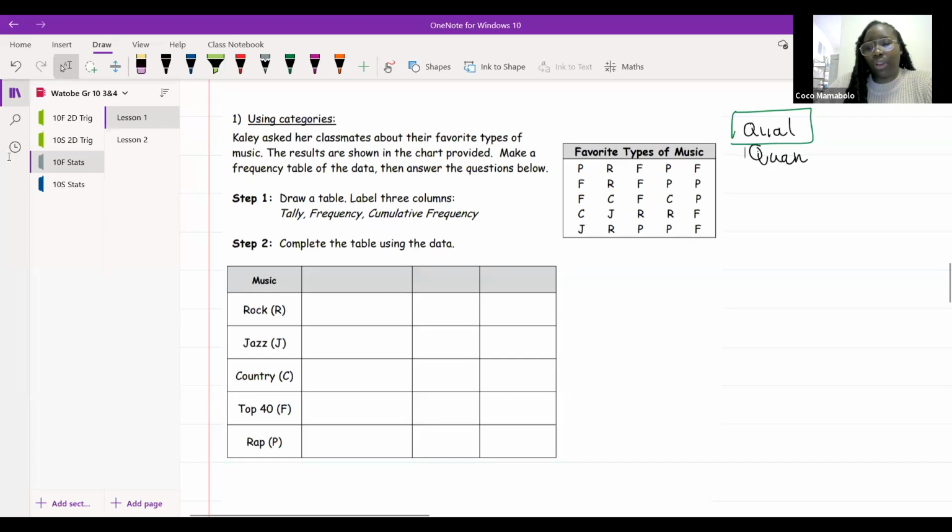Mamelo, how is it going? Hey, ma'am. Hi, my sweetie. I'm sorry that I'm late, but I would like to know what are we doing at the moment because I'm confused. Okay, we're doing statistics, my sweetie, and we're learning about cumulative frequency tables. We're learning about frequency tables. Okay, ma'am. Good. All right. No problem. Princess, what's up, my sweetie?